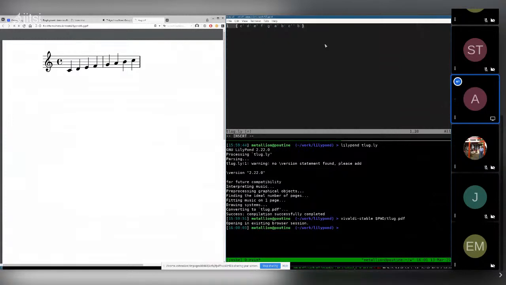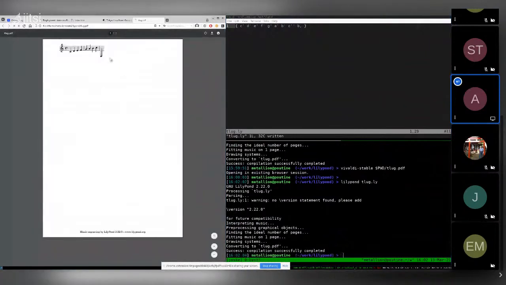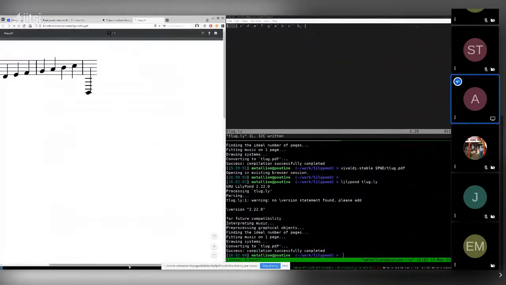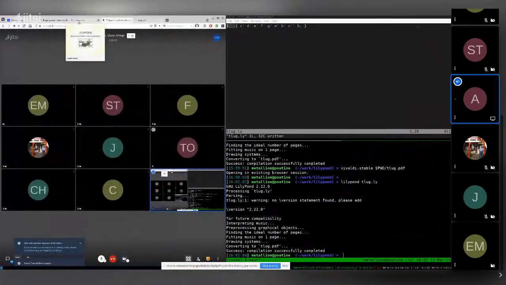Let's say B. And I can also do this, put in a comma instead. And this means a lower octave. We compile this again. Now we got a very low one. And whoops, wrong tab.